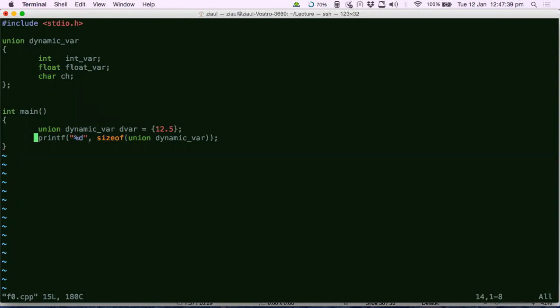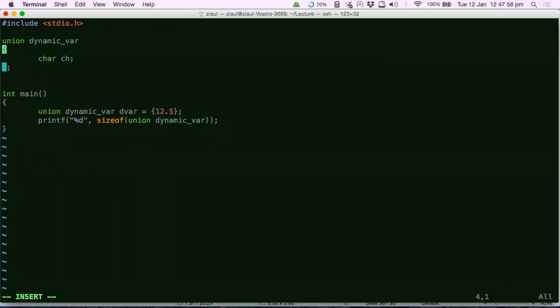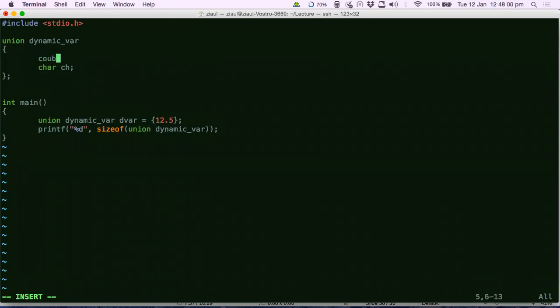Can we store 8 characters at the same time in a union which has a double? That's a very good question. So what Sriharsha is asking is, can we store 8 characters at a time in a union which has double and 1 char? He is asking a very good question. Now the union has 2 data types. What is the size of the union? The size of the union is 8.